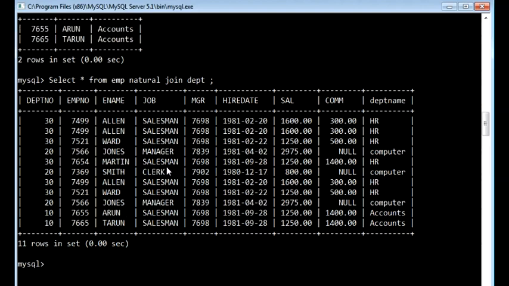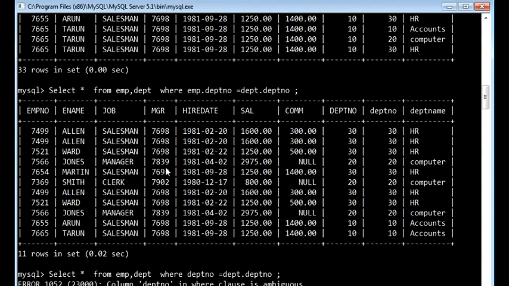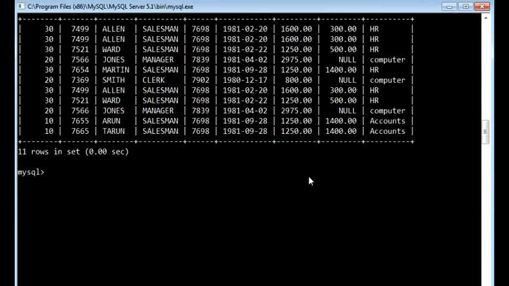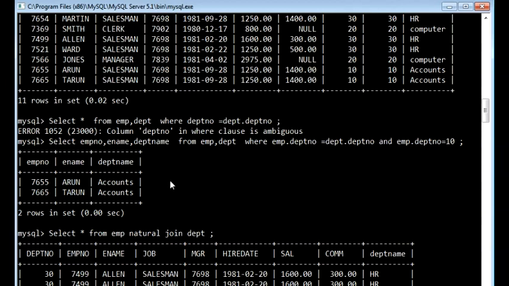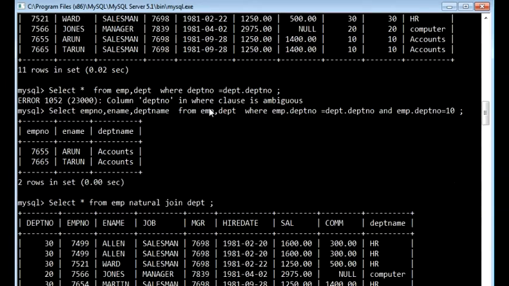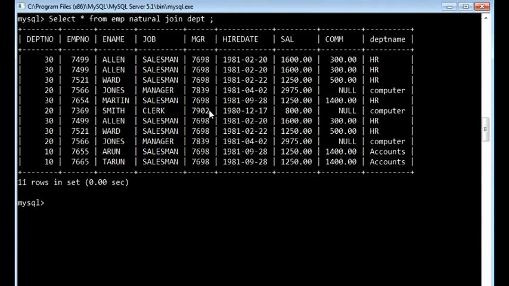Natural join is much more similar to your equijoin itself. The only difference is that in equijoin we have to mention the condition on which basis you want to join the tables, whereas in natural join, automatically based on the common column, wherever there is an exact match, the data will be fetched and displayed. And whatever you are able to do with your equijoin, the same thing you can also implement with your natural join. Remember the syntax, how it has been used.